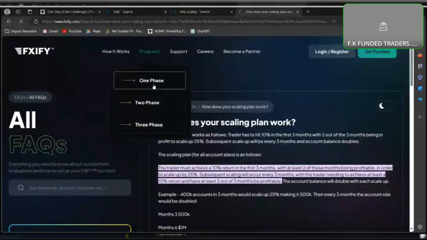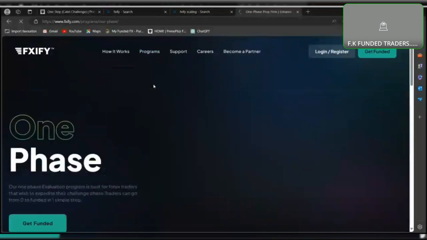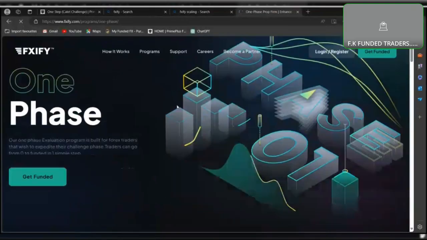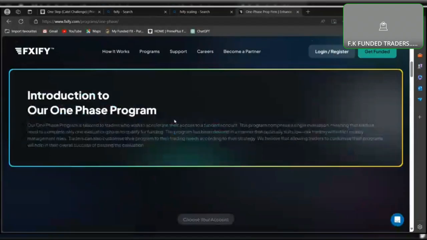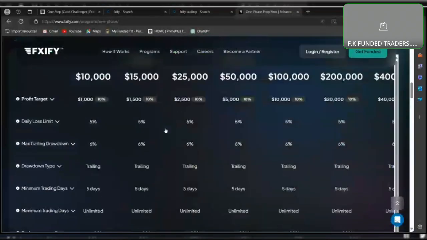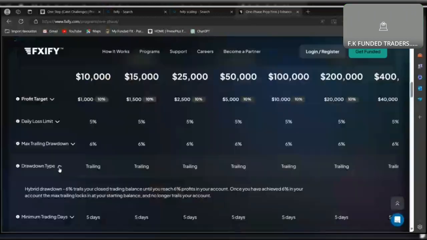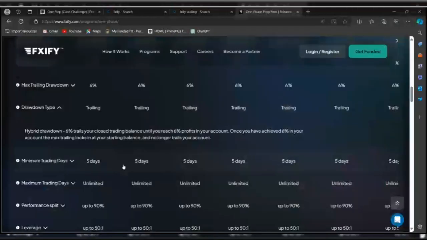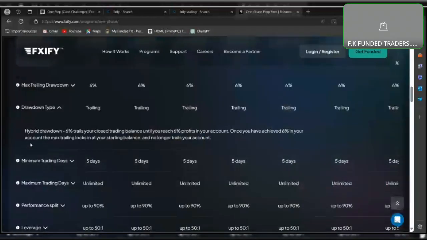How does it work? And by then, I have this upcoming thing of three-step challenges, someone showing three phases to get an account. They have this thing, trailing stop loss. This is what I meant by trailing. I see. This is Fixed 5. They say that they have what we call the hybrid.